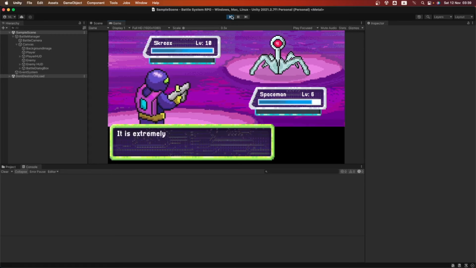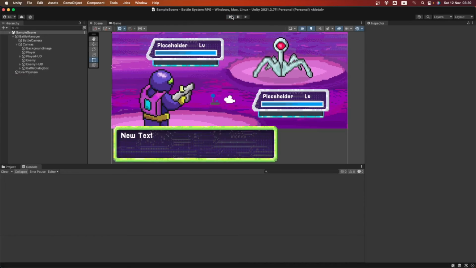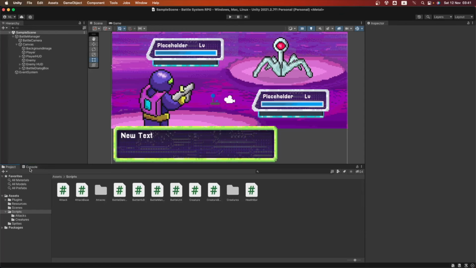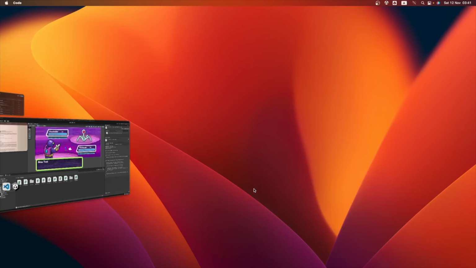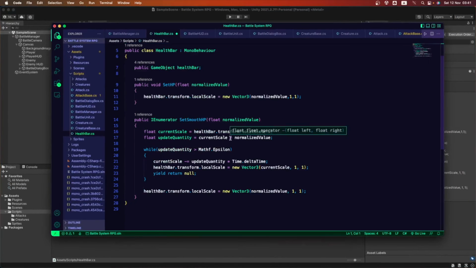So let's go and see how we're gonna fix this. Okay, so we're gonna stop that there, and we're gonna go and find where this error is. Okay, so let's go and do that. This must be a health bar error or bug. So let's go into the health bar script. Let's open this one, and what is happening is that this is looping all over again and reducing the value of the x scale.